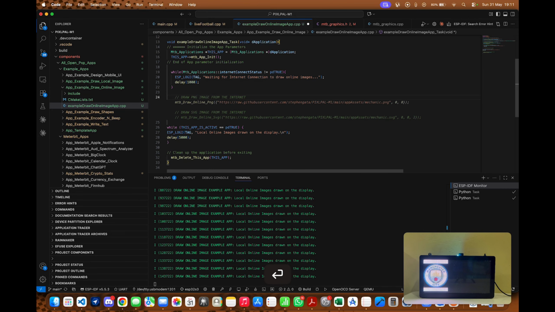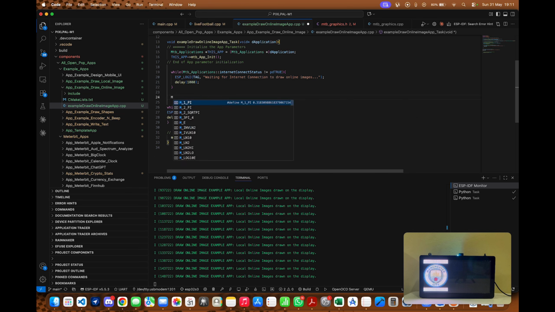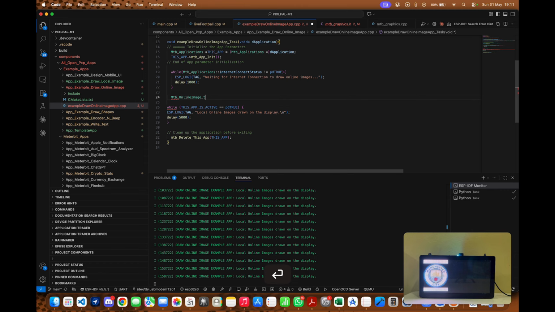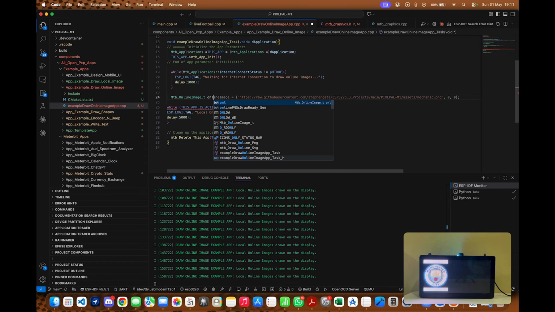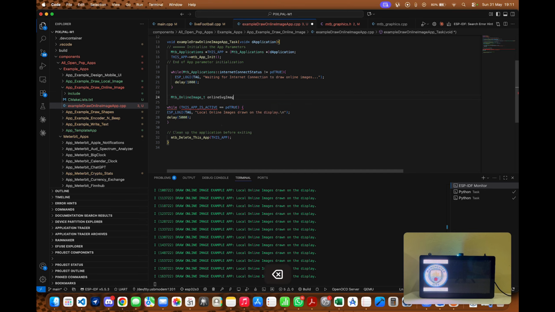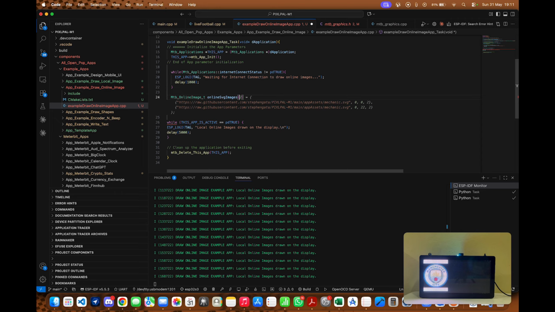Now, to do this, you need to have an array of MTB online image type. Let's call this online SVG images. And we have two of those,